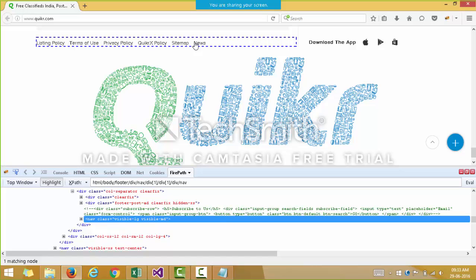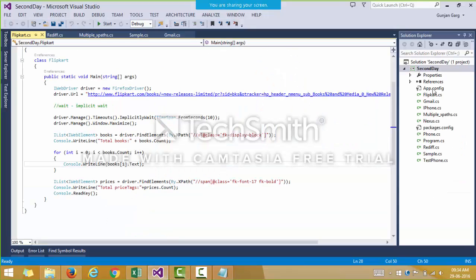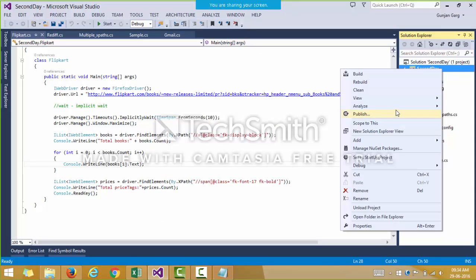Now over here we can see that this is the outer box, which is a nav tag whose class is equal to this very particular value. So what you do is find the outer box which contains all these links, and from this box we can find all the elements contained under this box. Let us try to implement this through code.